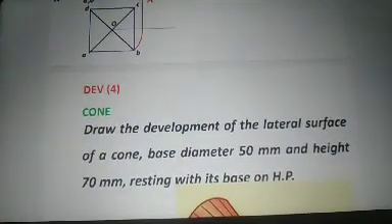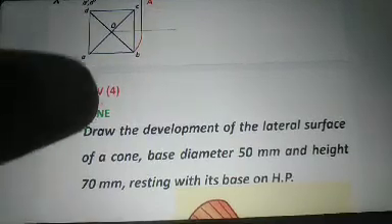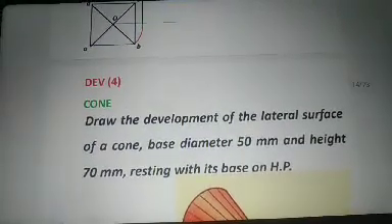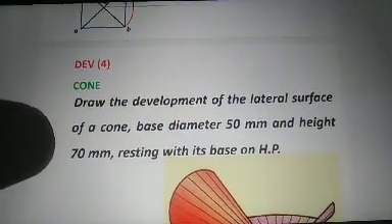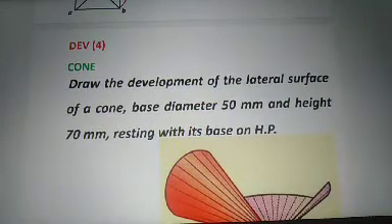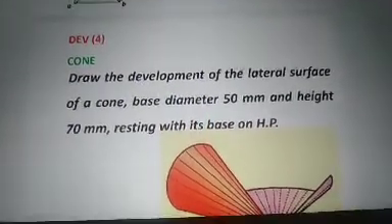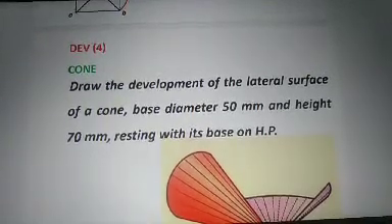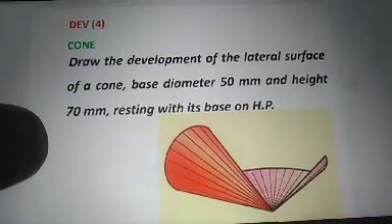Good afternoon all. Up to this, in the development of surfaces, we completed our different sections. That is development of a cylinder, development of a square prism, development of a pyramid. We also discussed the different problems, actual solved problems, for development of cylinder and development of prism. The remaining part is development of pyramid.